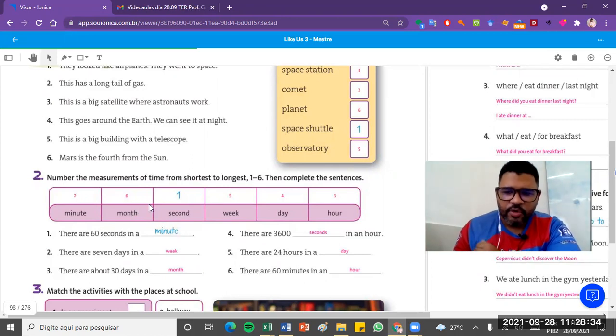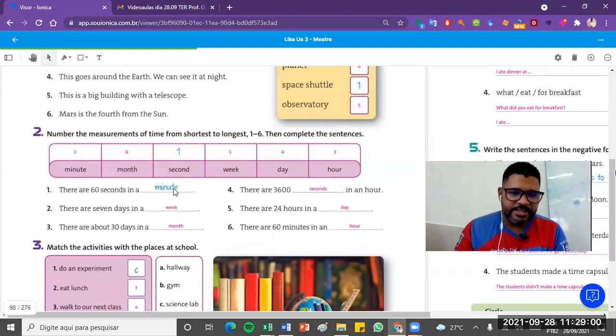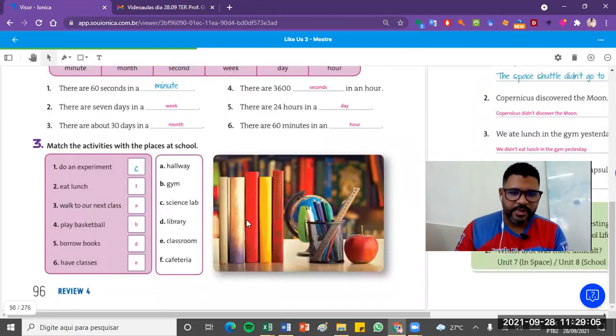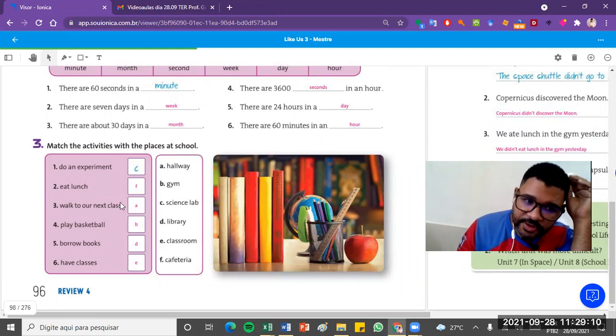Professor, não entendi. Qual a menor quantidade de tempo que nós temos aqui? O second, segundo. Número 2, minute, minuto. Número 3, hour, hora, e vai subindo para day, dia. 5, week, semana. E 6, mês, month. E aí vai subindo. Então, a quantidade de tempo contida nessas unidades de medida vai subindo. Ok? Então, aqui se repetem, olha lá, 1 minute, week, month, seconds, day, and hour. Ok? Aqui é a mesma coisa, trabalhamos com relação, vamos relacionar as informações.